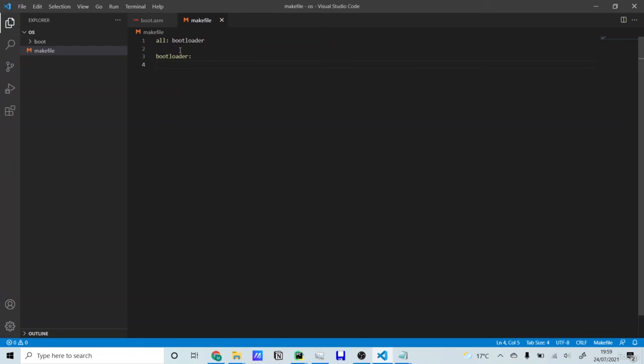We're going to use the NASM assembler, and give it the path to the binary code, and specify an output file in the boot folder, which I'm going to call boot.image. Then we're going to have a clear command which will delete all the files that this makefile generates, so that we have a clean directory structure again with just the code. I'm going to remove the boot and boot.image file